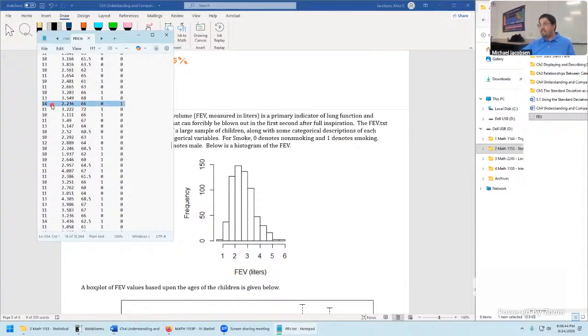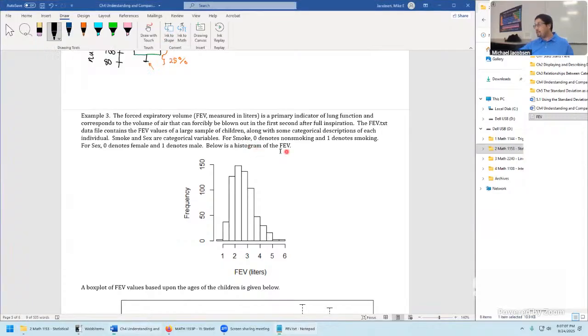So it doesn't necessarily mean they were lighting up cigarettes entirely. But here's our first one in the data set. The column, if you remember above, was age. Then this was height. If I recall correctly, this is the FEV value. Or hang on, I think this one's the FEV value and this one's height in centimeters. We have a 1 for the smoking column, so that meant this child did smoke, or maybe was exposed to secondhand smoke, they determined in the study. So that's what's going on with the smoke variable. And same kind of coding information for the sex variable. Using 0s and 1s, sure, they look numeric, but this is categorical. We're categorizing whether they smoked or not. For the sex column, we're just categorizing whether they're female versus male.